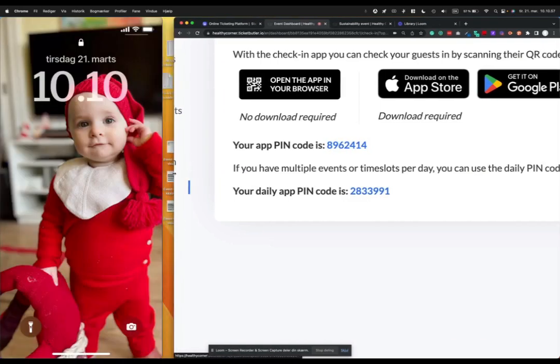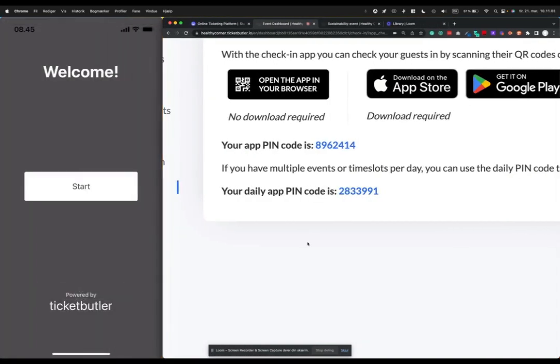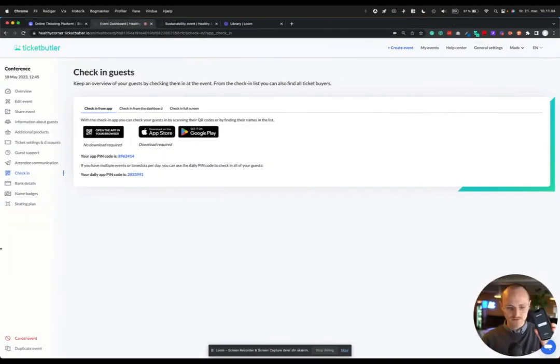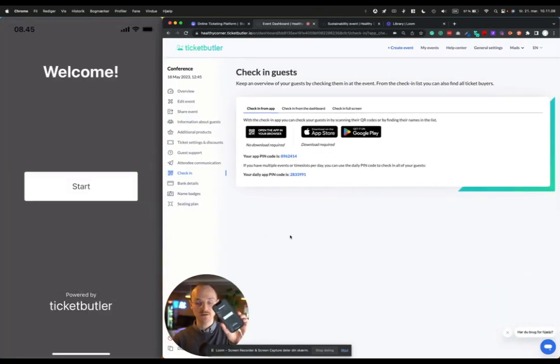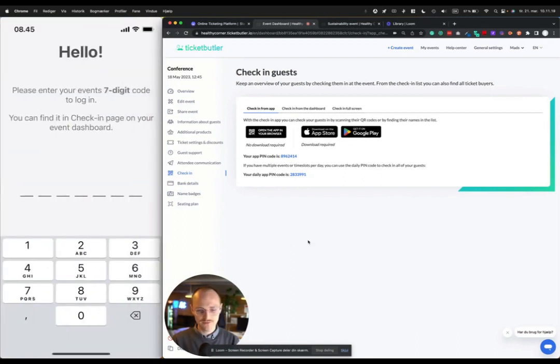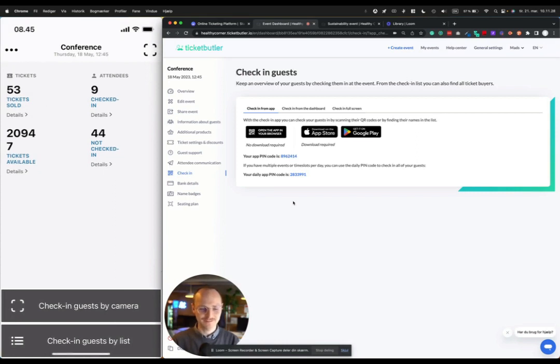And I will show you my phone here. So I'm standing here with my phone. Oops, let's just take me in here as well so you can see me. So I have my phone here, and what you see on the screen here as well is what's happening on my phone. So I'm in the app, I click start, and in here it's asking me for the 7-digit code: 8962414. So now I'm logged into this conference, and you see here how many tickets are sold, how many